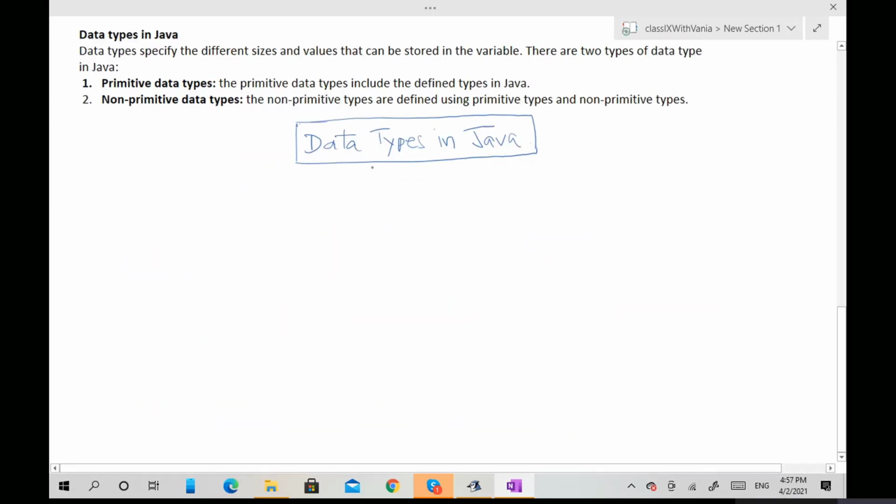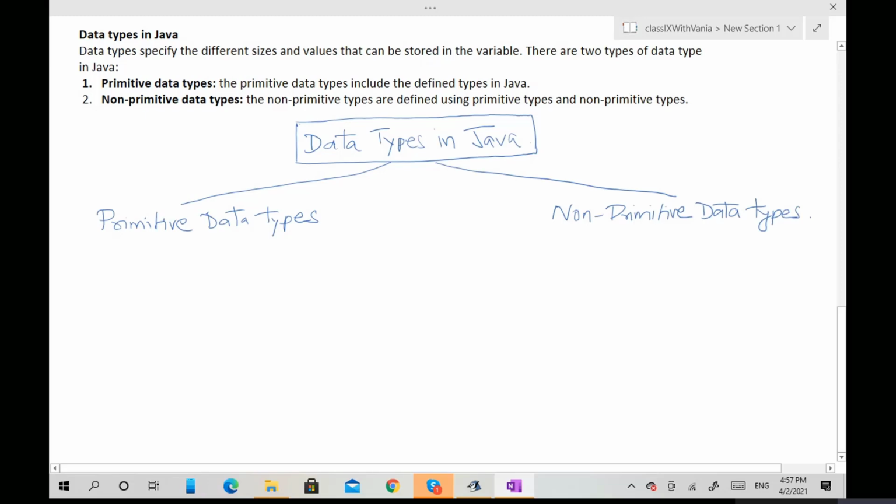So there are two types here: primitive data types and non-primitive data types. Primitive type is divided into a few parts.